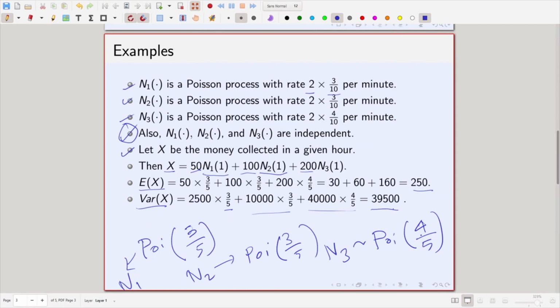Fine. So, once you write down what X is, finding the expectation and variance is very simple. You just use the formula. For expectation it is even simpler. For variance you need to use this additional fact that N1, N2 and N3 are independent, and using that you get that the variance of a sum is the sum of the variances. Fine. So, that answers both the questions. You see again the main concept that we used here is Poisson thinning.